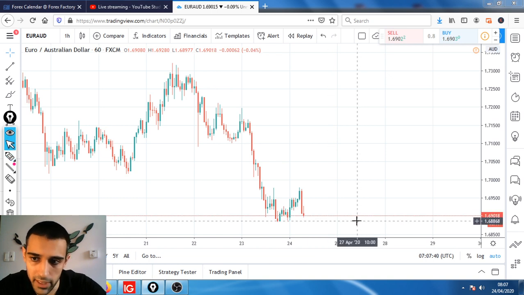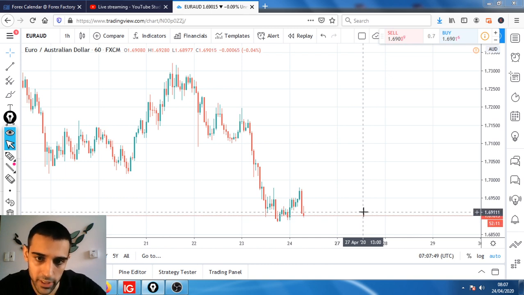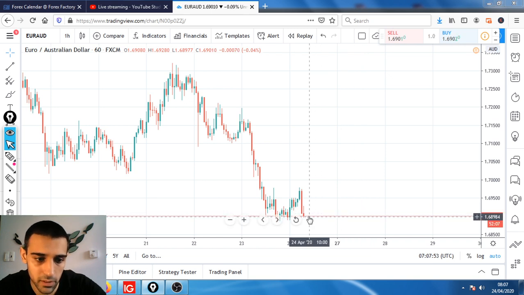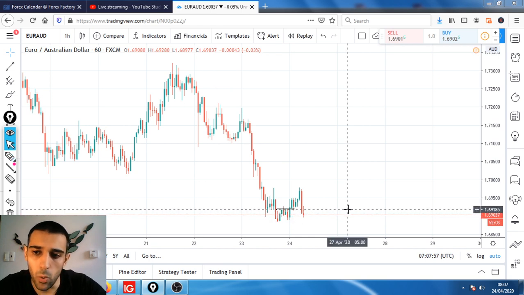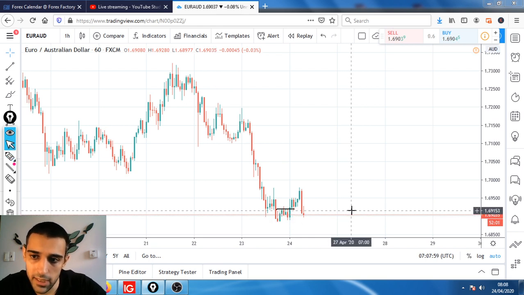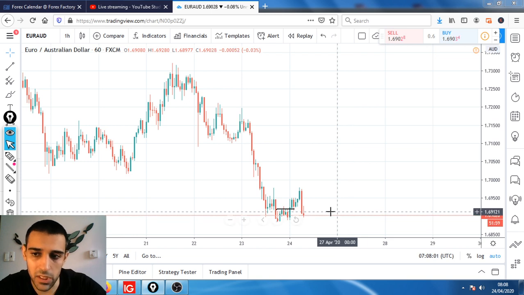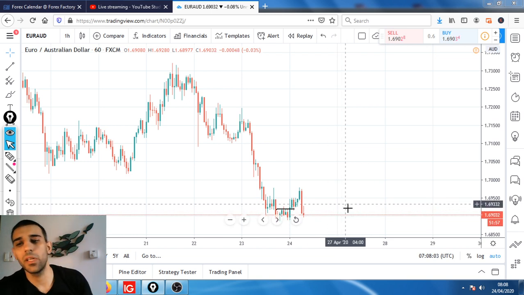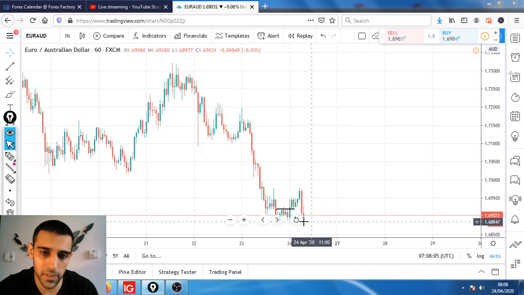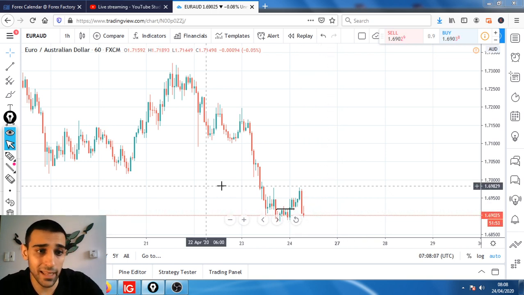So let's say if the price comes down to about the 168.90 zone, then we're gonna wait for the retracement towards the upside, roughly about these highs, which come in at about the 169.10 to 15 zone. So roughly speaking, we're looking at about a 20 or 25 pips retracement, which is nothing for